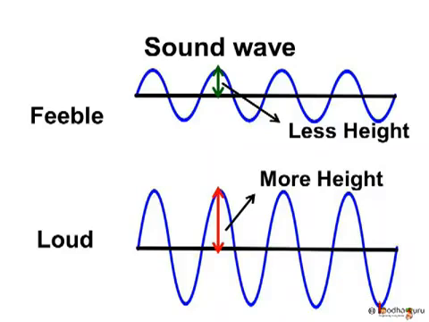If we see the waveform of both the sounds, a loud sound has high waves while a weak or quiet sound has low waves. That is, their heights are different. One has a higher height and one has a lower height. And this height is the amplitude of the sound. The loudness of sound depends on its amplitude. When the amplitude of vibration is large, the sound produced is loud. When the amplitude is small, the sound produced is feeble.